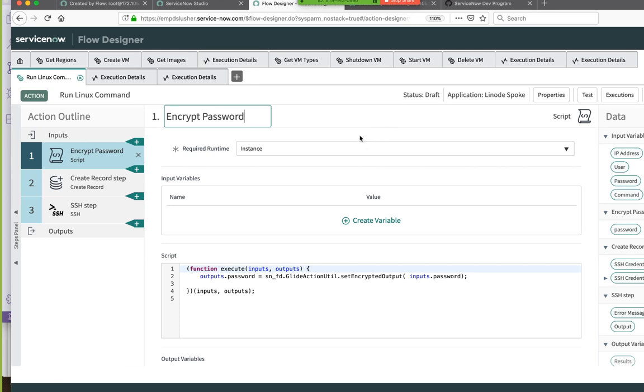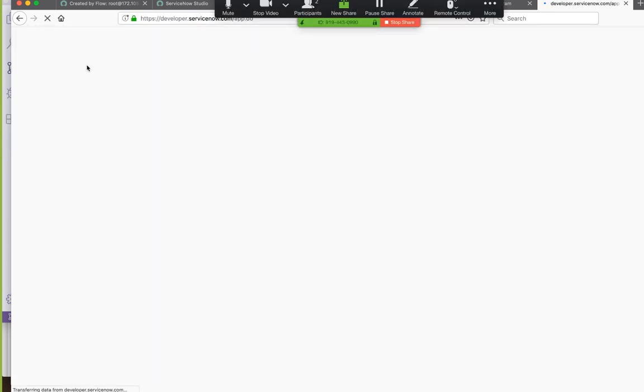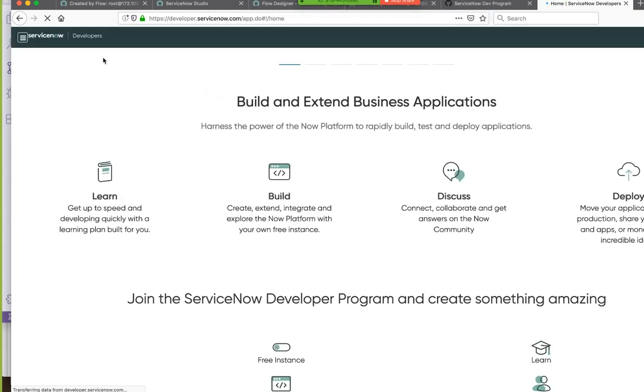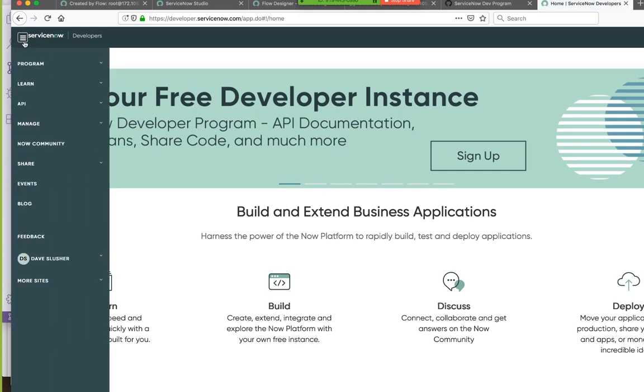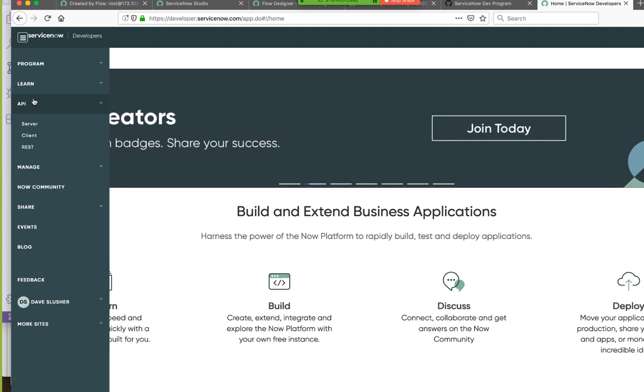So the weird thing is the format, and this might be worth you pulling up to take a look at. Just go to Developer API and search password, and you'll get to the set encrypted output. Because I'm not so sure that this isn't meant to be used inside a flow versus inside an action.